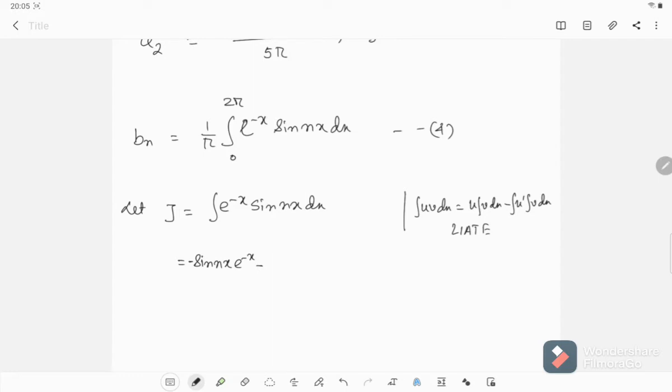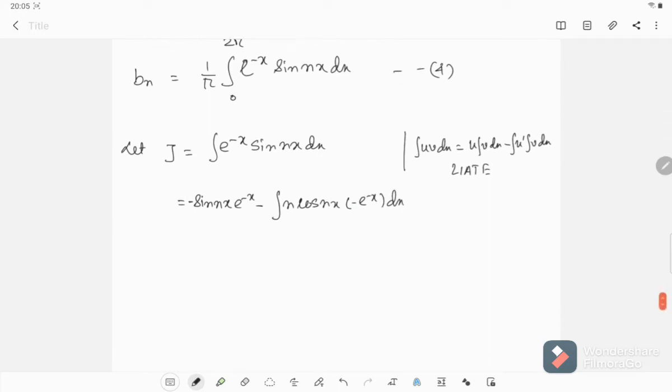Now a negative sign is there. The first derivative of sin nx will produce this, and the integration of this will produce e to the power minus x dx, equal to minus of sin nx e to the power minus x